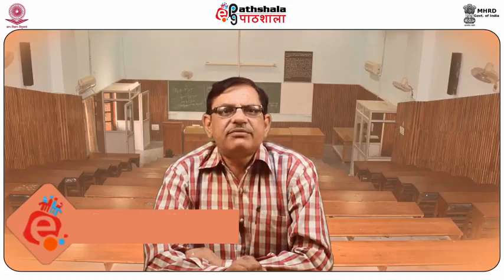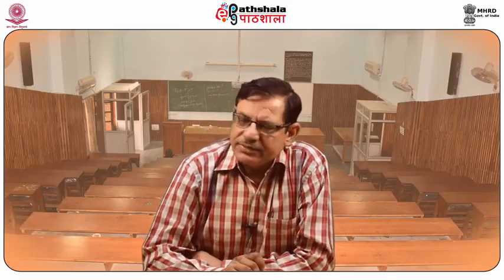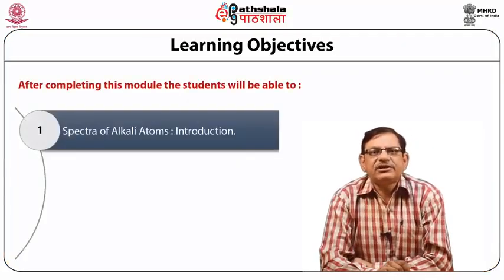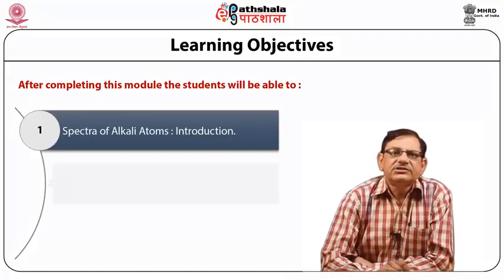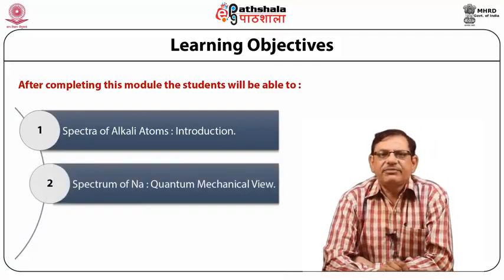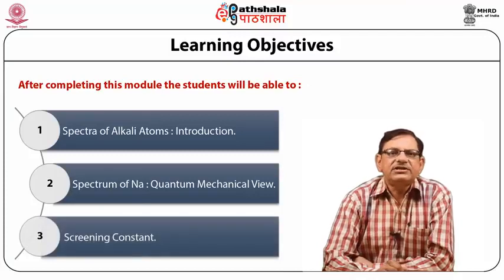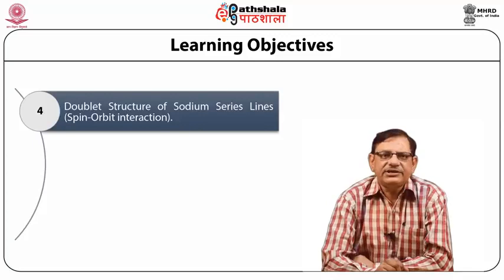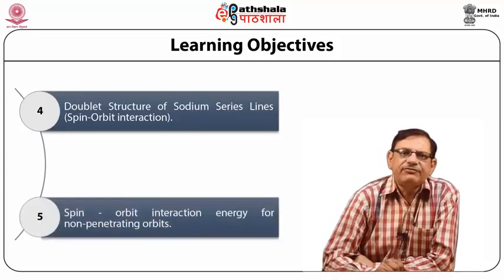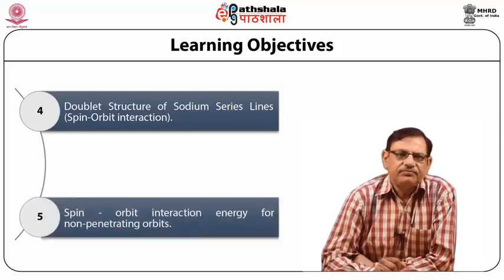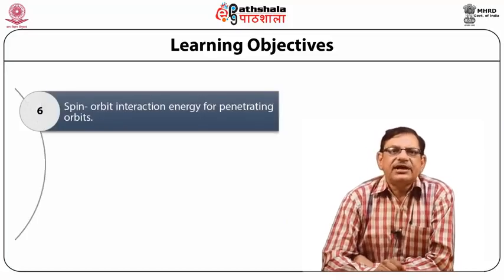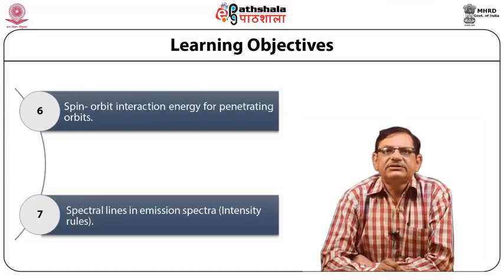Today we will be discussing spectra of alkali metals under the paper Atomic, Molecular and Laser Spectroscopy. After completing this module, we will be able to understand the spectra of alkali atoms, its introduction, spectrum of sodium, the quantum mechanical view and screening constant, doublet structure of sodium series lines with spin orbit interaction, and spin orbit interaction energy for non-penetrating orbits, spin orbit interaction energy for penetrating orbits as well, and spectral lines in emission spectra,